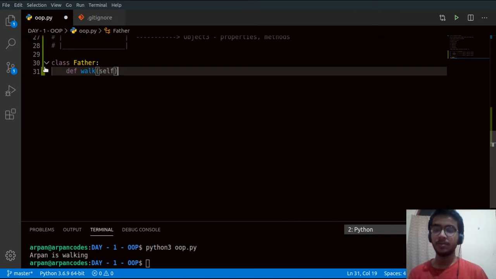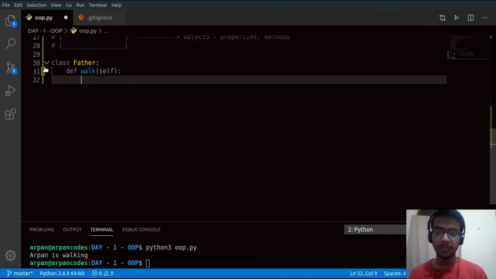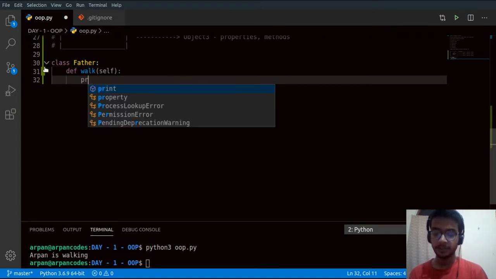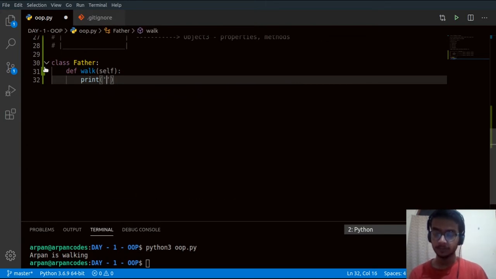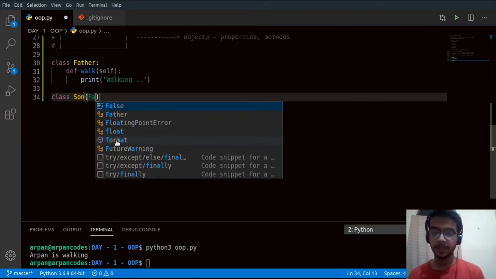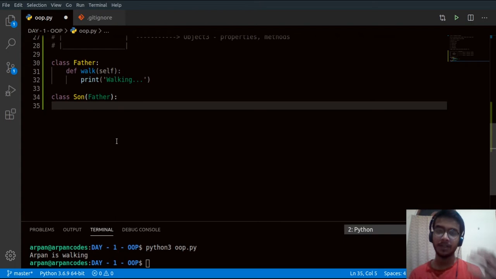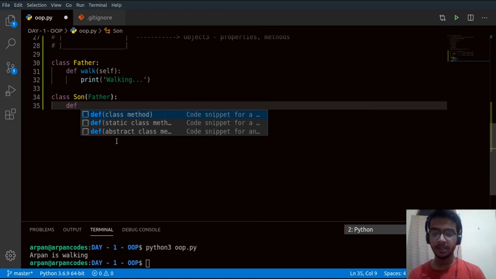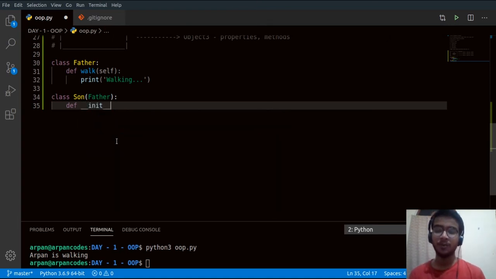Print walking. Now I want to make another class, Son, and to inherit the properties of Father we have to pass an argument, Father, the class we want to inherit from. Basically we can init that also, but we don't want any properties, we just want the method to inherit. So that's why self,